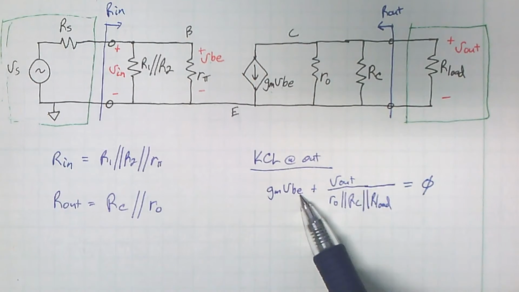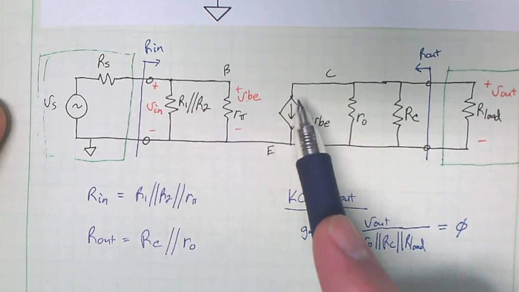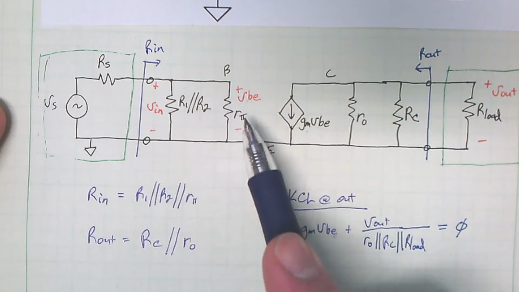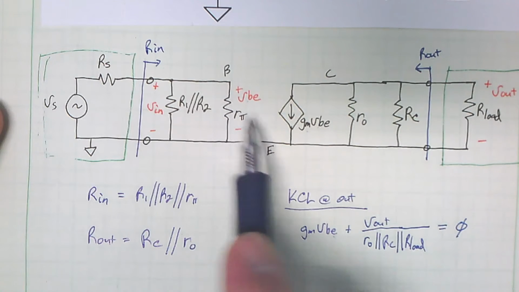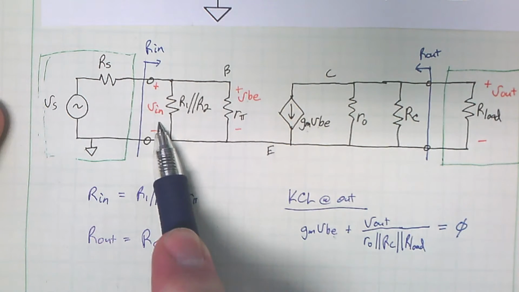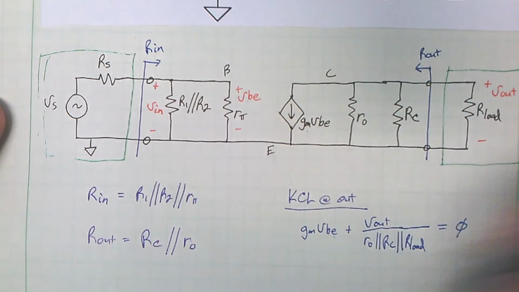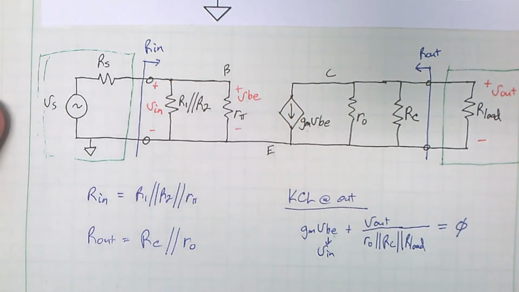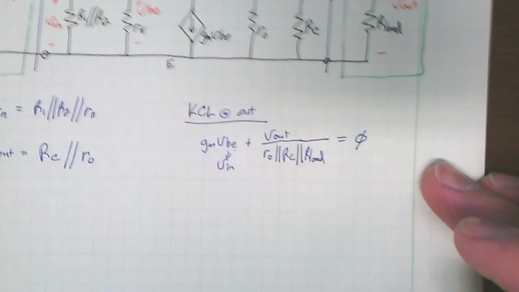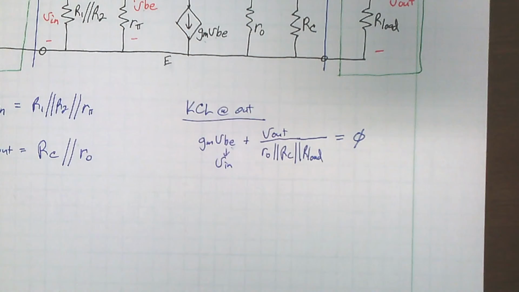Let's figure out what VBE is. You look up, find here, VBE is always the voltage across R pi. VBE is the same as VN. Hey, this is great. So this is just V in. A little bit of manipulation here, and I can get